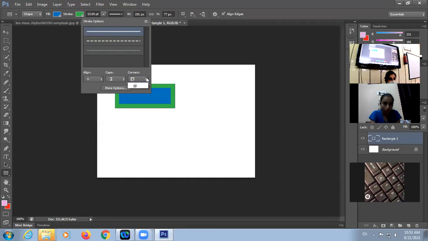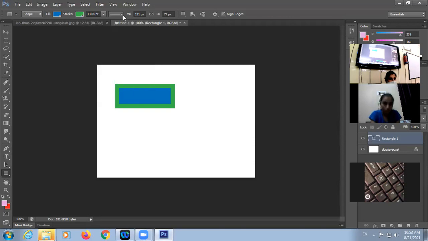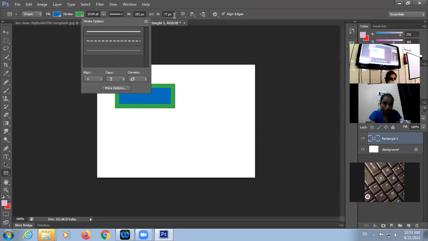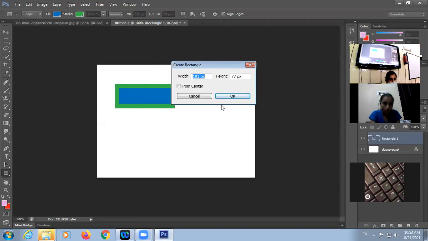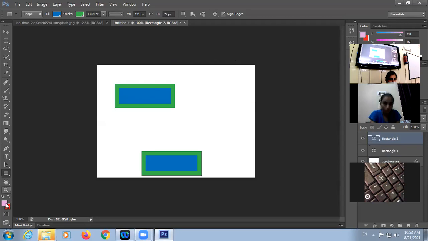From here you can set the corners. आपको corners बिल्कुल solid रखने हैं, sleek, or you need a rounded one. So these options you can choose. Okay, and then is the line style I've already given you. You can also set the height and width, right? So this was the rectangle. Now under the rectangle tool, we have the rounded rectangle as well. So this way you can make. Then ellipse is there.